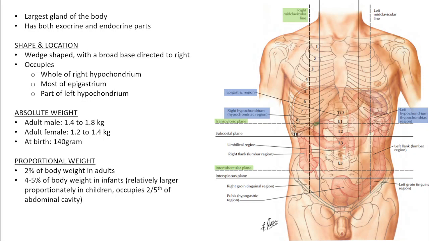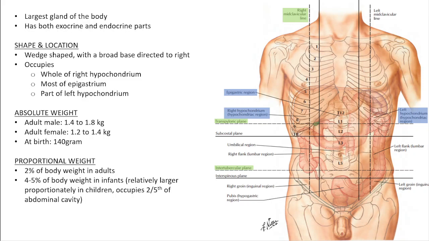products which might be like synthesis of glucose from glycogen or secretion of fatty acids or anything which the liver secretes directly into the blood. That is the endocrine secretion, and the bile which it secretes into the bile duct eventually, that is the exocrine part. So what is the shape and location of the liver?